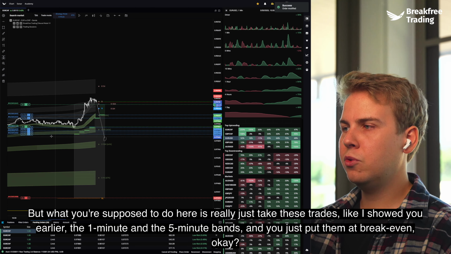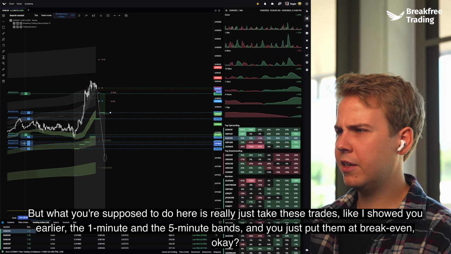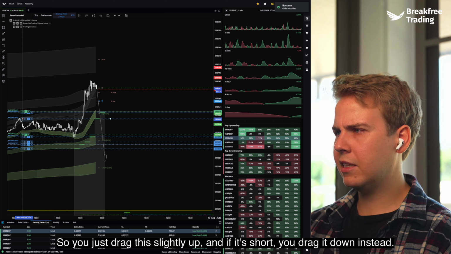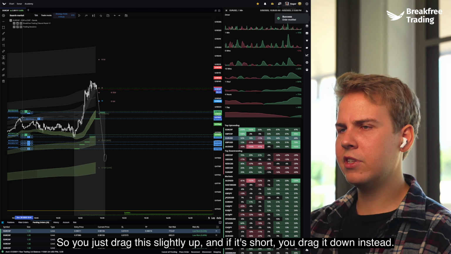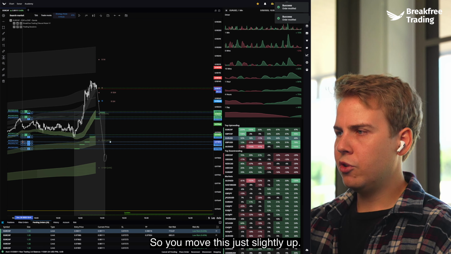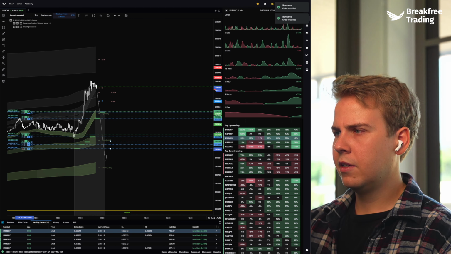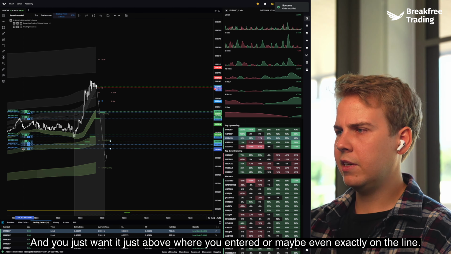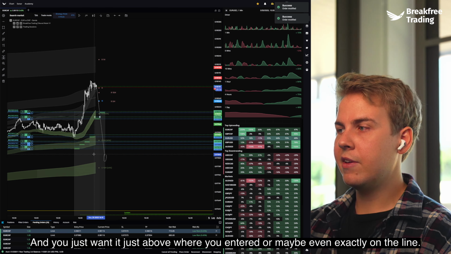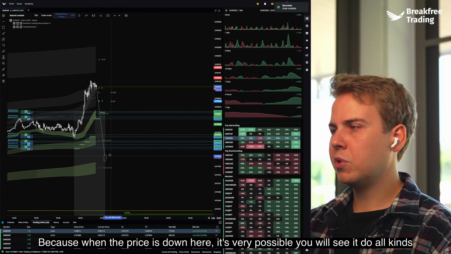But what you're supposed to do here is really just take these trades, like I showed you earlier, the 1 minute and the 5 minute bands, and you just put them at break even, okay? So you just drag this slightly up, and if it's short, you drag it down instead. It's to take profit, right? So you move this just slightly up, right? And you just want it just above where you entered, or maybe even exactly on the line. You just want to get out of these trades at break even,